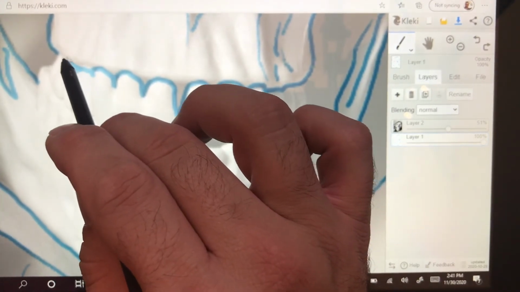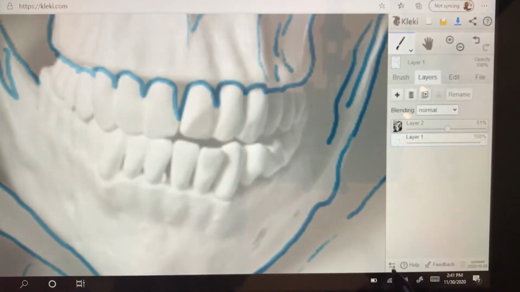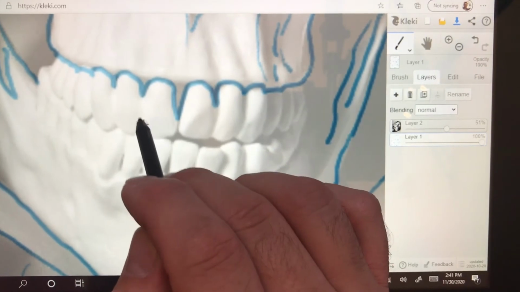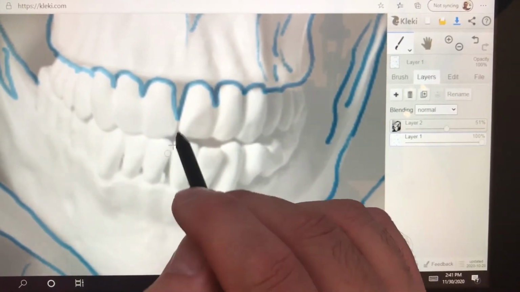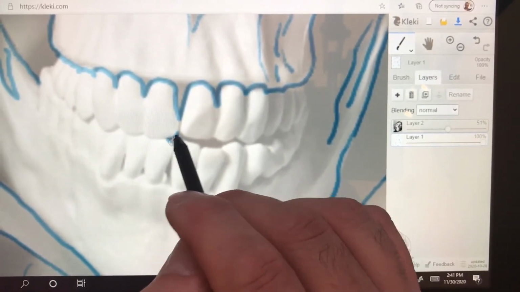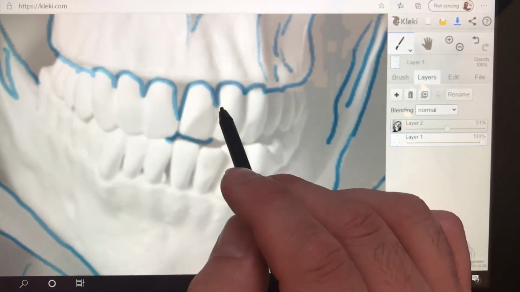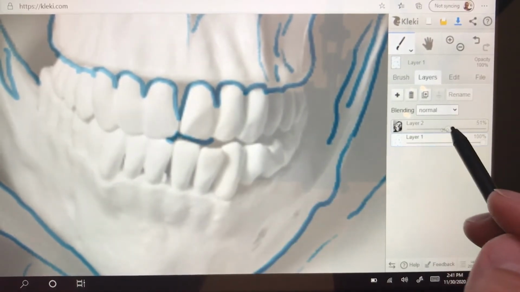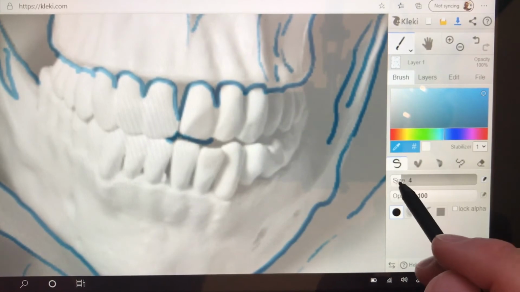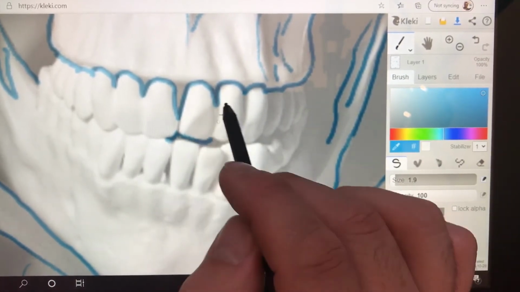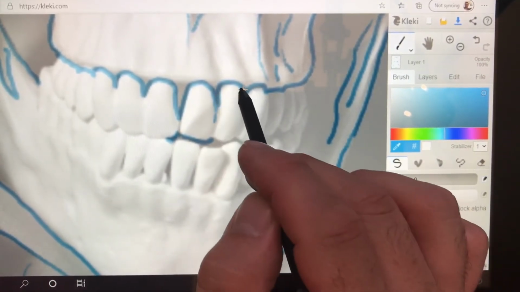I'm not drawing every line between the teeth, right? All of the lines in here, you can see the values in here are pretty light. So there's really not a lot of values here. There is right here. So maybe I want to go back to my brush. I want to shrink my size thickness down. And in here I've got